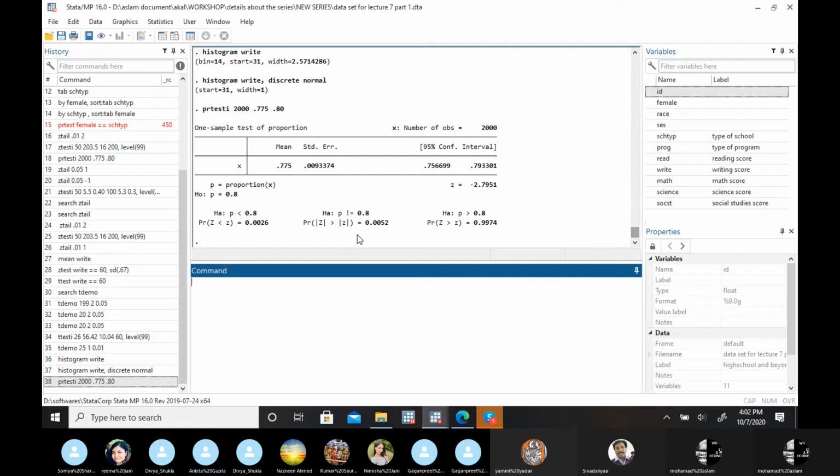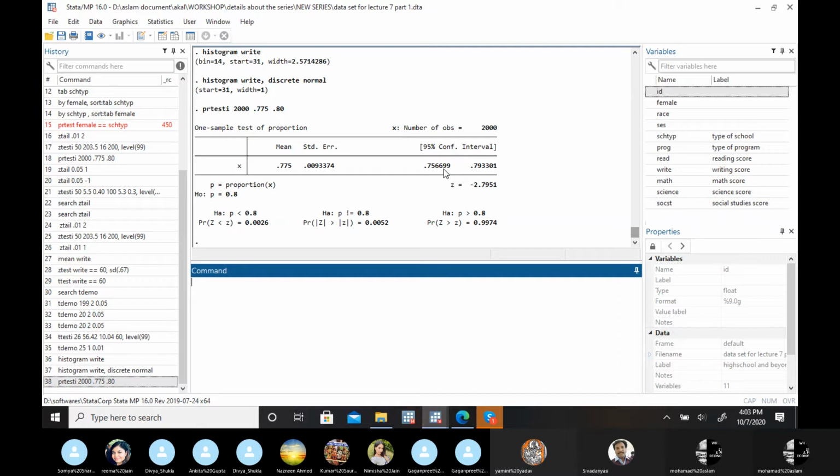Okay, so start with the p-value. Now this is a one tail test, so we have to look at this particular situation. Our p-value is less than the level of significance, so we have to reject the null hypothesis. The null is that he is going to get a proportion of more than or equal to 80%, so it means he's not going to get that, so he might lose this particular position.